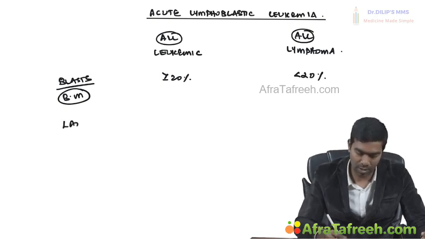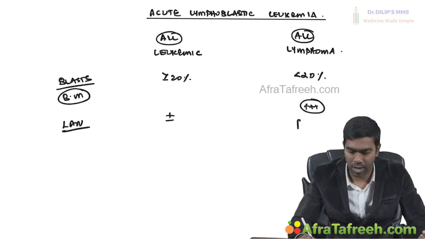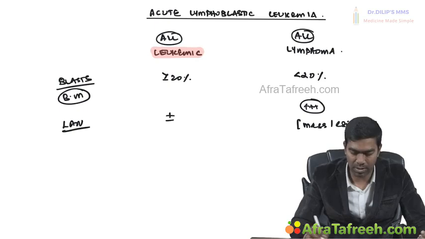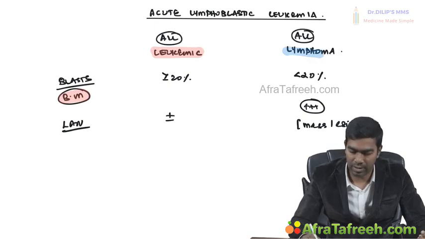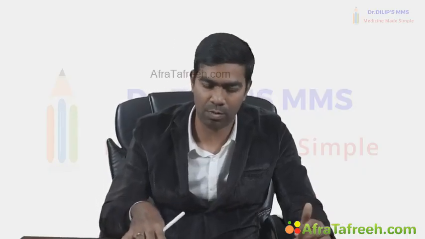And lymphadenopathy you may or may not see in the leukemic type, but it is very usual in the lymphomatous type, because lymphomas present like a lymph node enlargement only. Typically, even some books mention they present like a mass lesion because of the lymphadenopathy. That's also true. But leukemia means, as I told you already, the blast will be in the bone marrow and in the blood, whereas in lymphoma the blast will be in the lymph node predominantly, with fewer in the blood and the bone marrow. As simple as that. So this is the difference between a lymphoma and a leukemia from an ALL perspective.